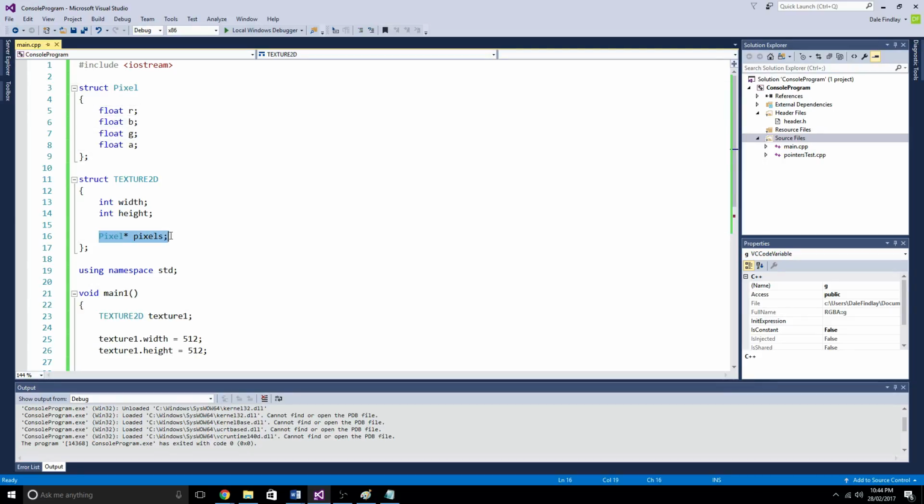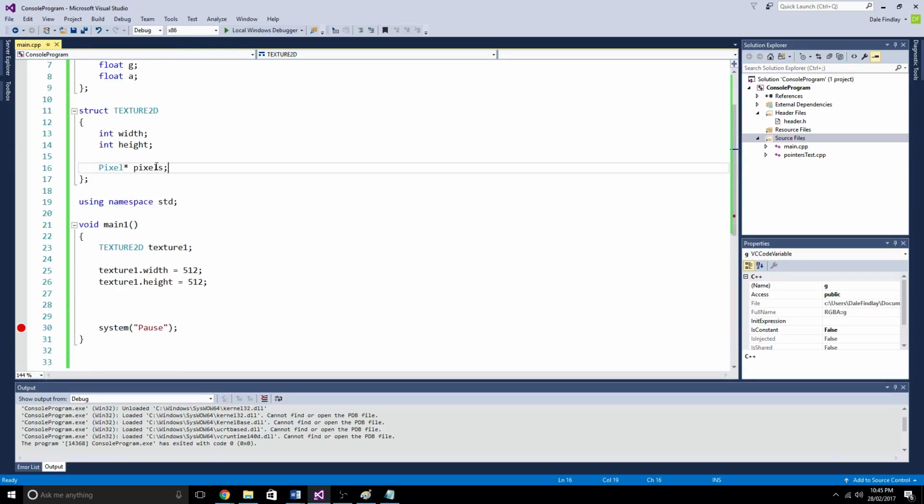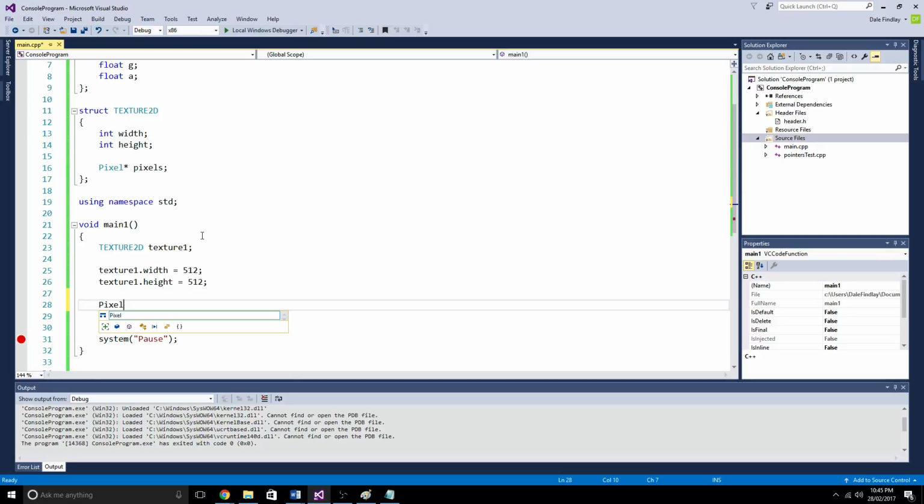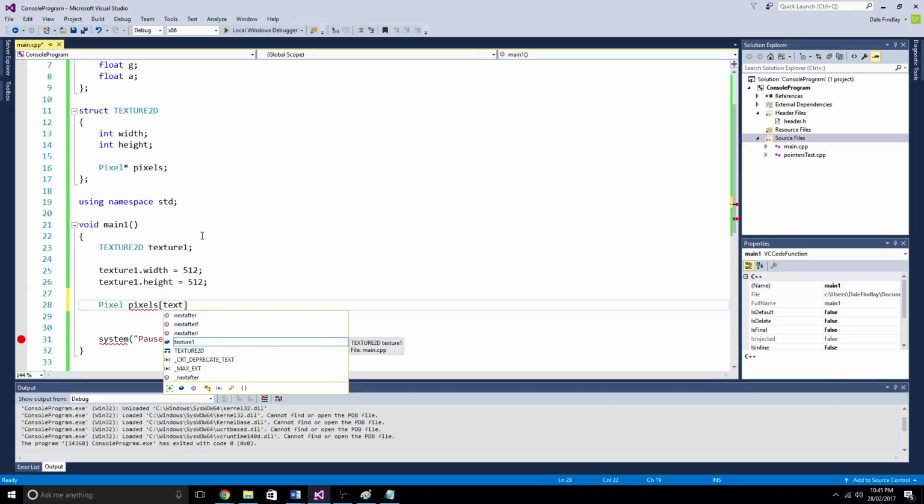So essentially, this is the same as creating an array, basically, but without the brackets or anything. If you put brackets here, it's actually a different thing, and it's not correct. So we want to create an array of pixels. Pixel. This will be our pixels. And we're going to create an array of pixels. We're going to create a multi-dimensional array right now. So we want this to be texture width,